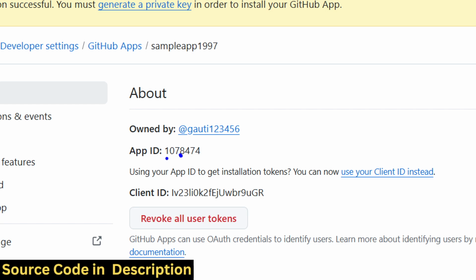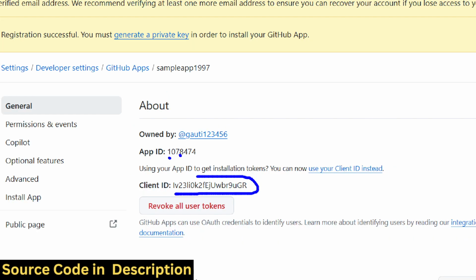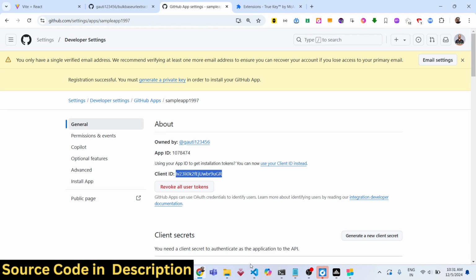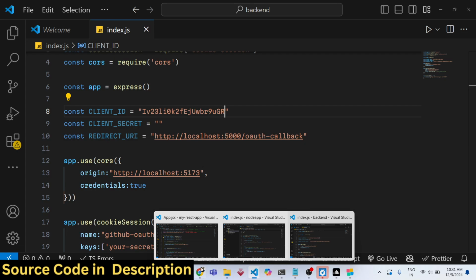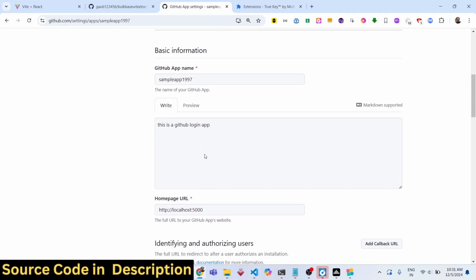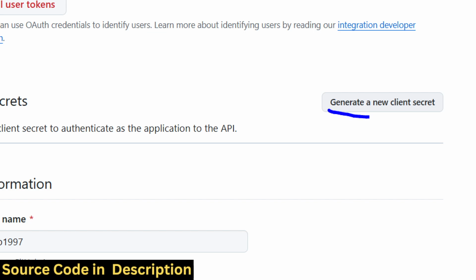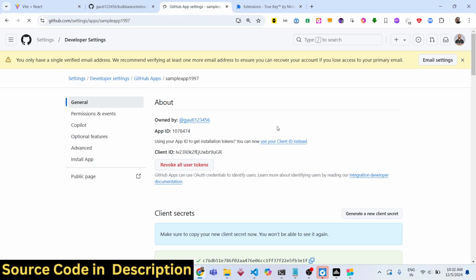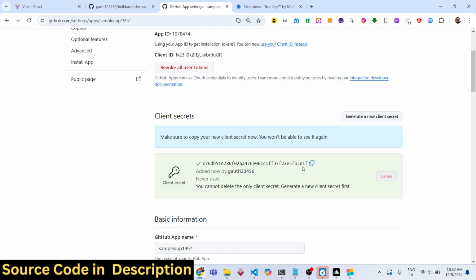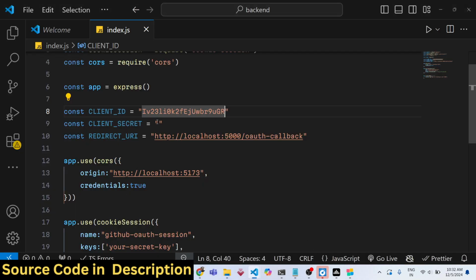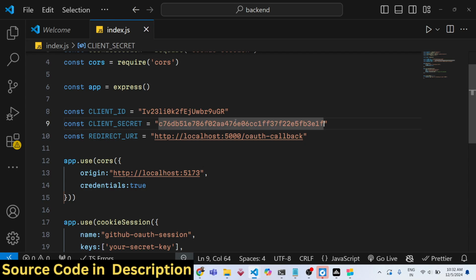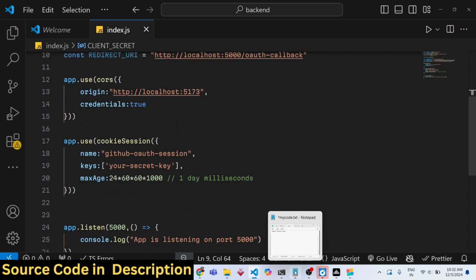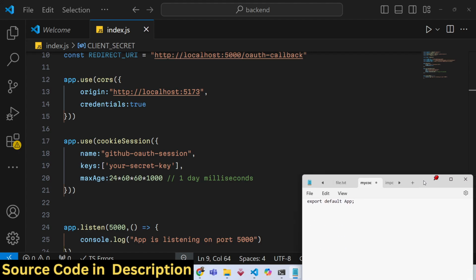Then it will give you your client ID. This is your client ID. This will be different for you, so just copy this and paste it. And then for the client secret you need to click this button, generate a new client secret. When you click this button you will see your client secret generated, and just copy to clipboard and then paste it right here. So you got your client ID, client secret, redirect URI. After getting all this information, now you can simply